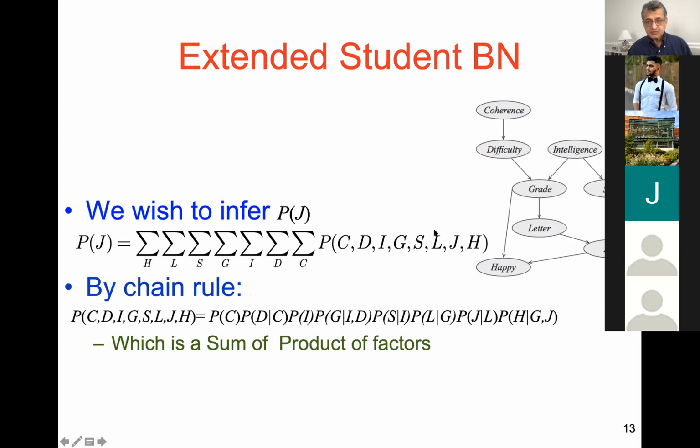And what is this quantity here? It is just a product of all the factors. These consist of all the conditional probabilities. So this is a complete representation of a probability distribution. And these can be learned using standard techniques for Bayesian network learning, which involves, once the structure is given, going about inferring the parameters for that particular structure.